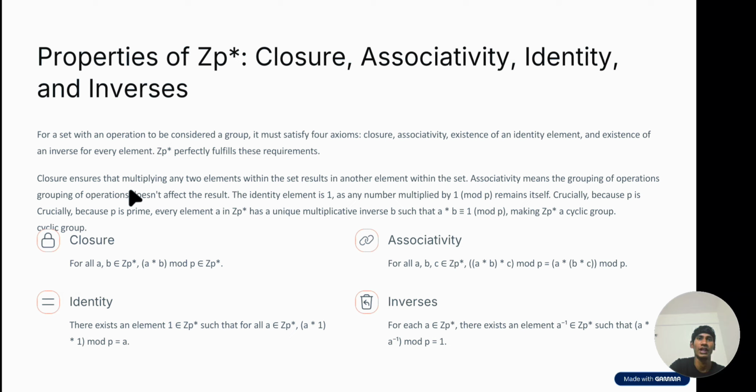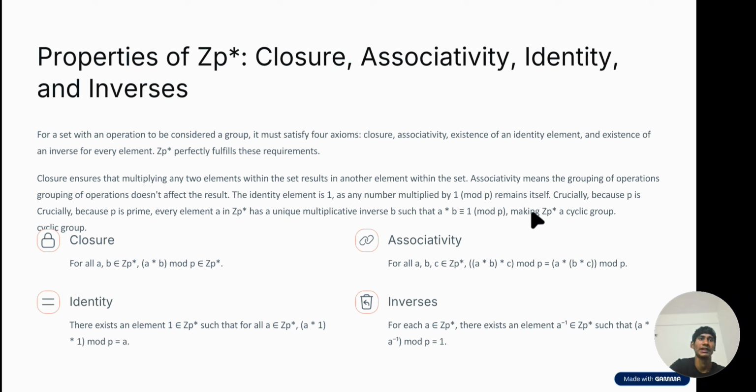Closure ensures that multiplying any two elements within the set results in another element within the set. Associativity means the grouping of operations does not affect the result. The identity element is 1, as any number multiplied by 1